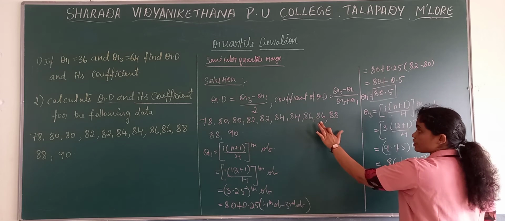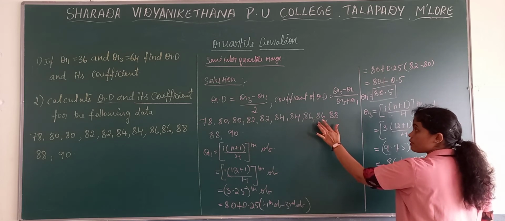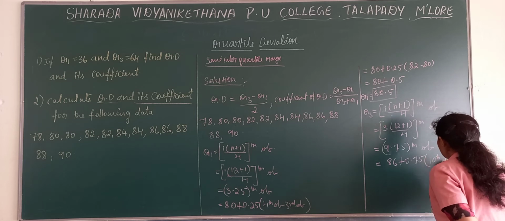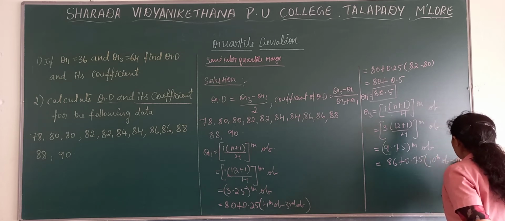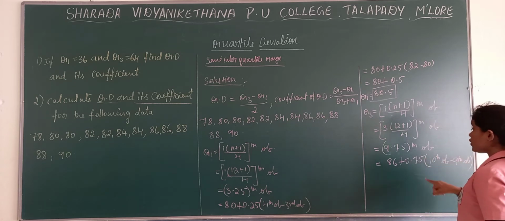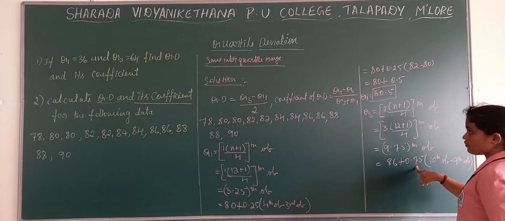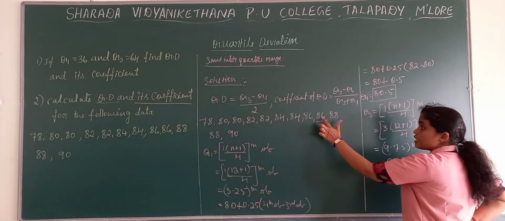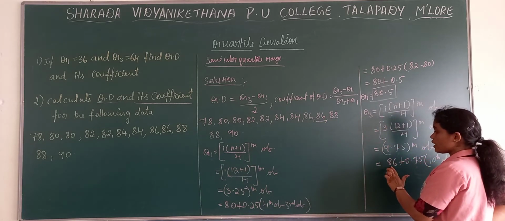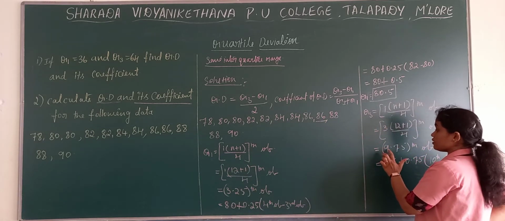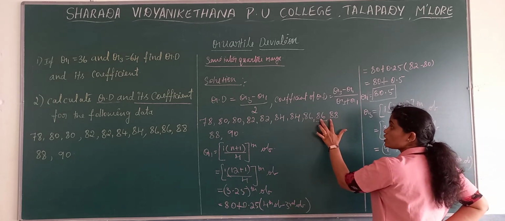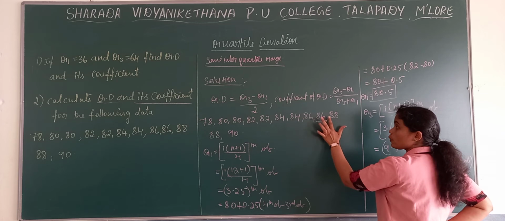This is the 9th observation. Now 10th observation minus 9th observation. What we are finding out? This 0.75. We know that this is the 9th observation. The 9th observation, 86, we have taken, but not only the 9th, then 0.75 is remaining. So we know that the point 0.5 will lie in between these two values.